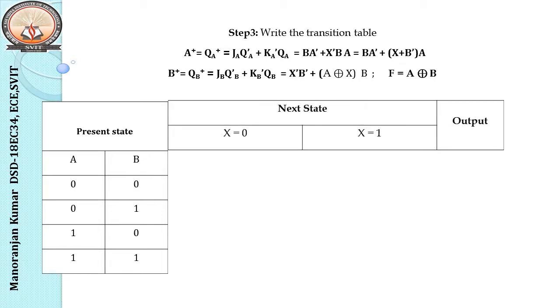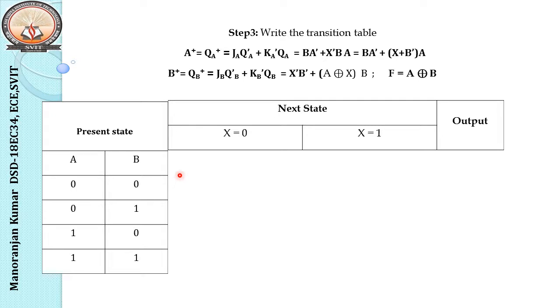And now we'll try to find the next state value. Again, the procedure I have to follow is, in these two equations for A plus and B plus, the variables are A, B, X. We have the A, B value here and the X value here. What you have to do is substitute one by one for all 4 combinations. When I take the first combination 00, both A and B are 0 and X is 0 in this, so what will happen? A and B are 0 0, so obviously this term is 0, plus this term I'll get as 0 again. So 0 plus 0, the value will be 0.